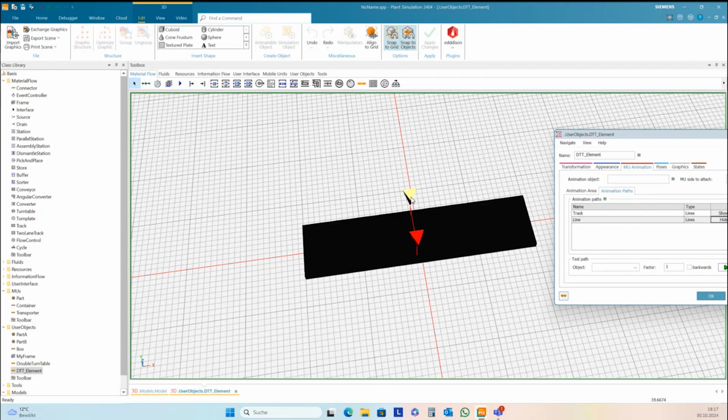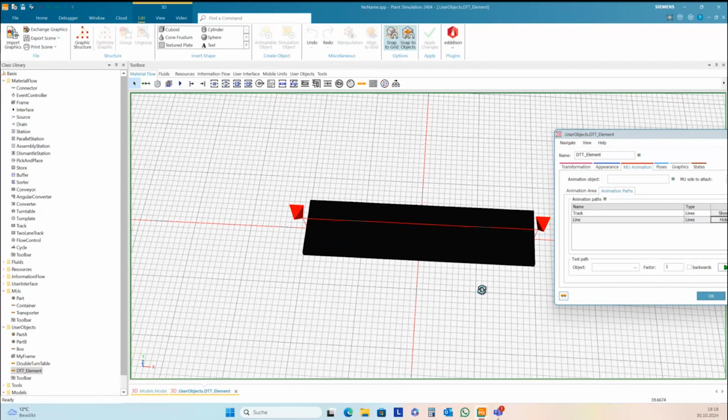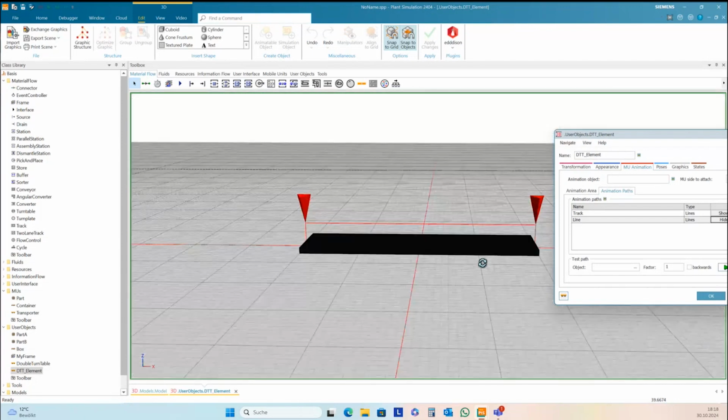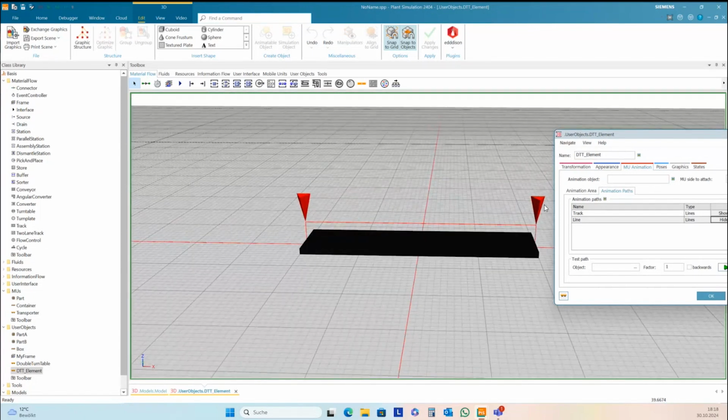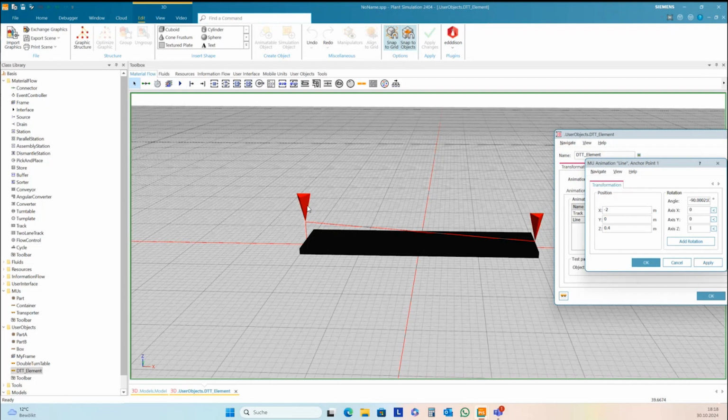This is anchor point 1. From here to here, you can move the anchor points in the right direction. And you can also change the height here by marking the anchor points, then holding down the Alt key, and then you can move the anchor points in Z direction.